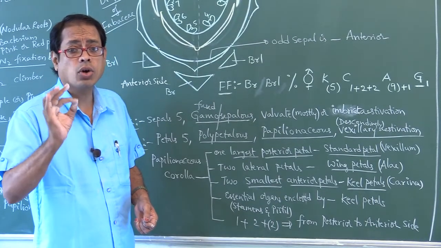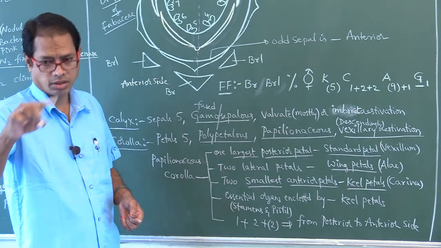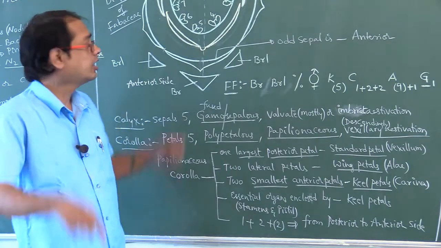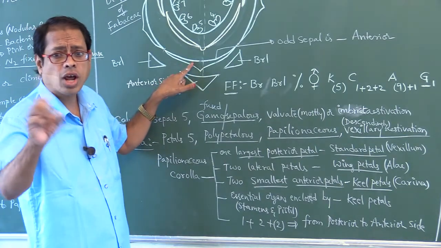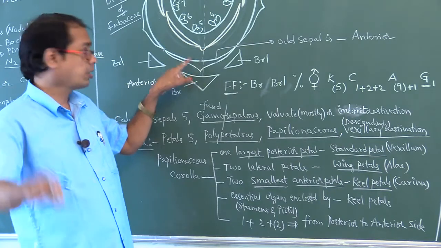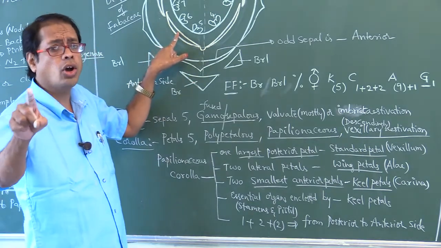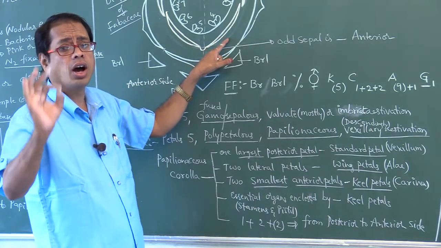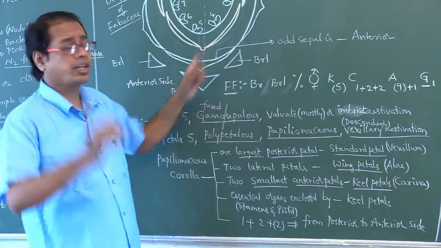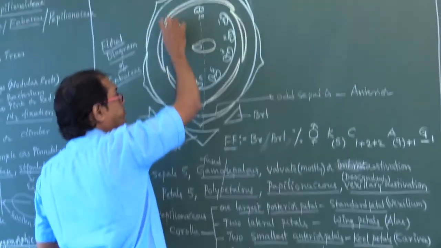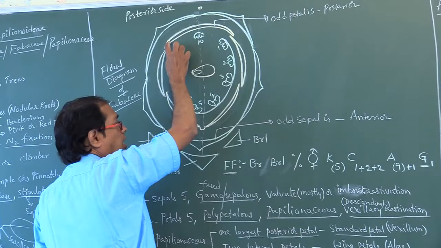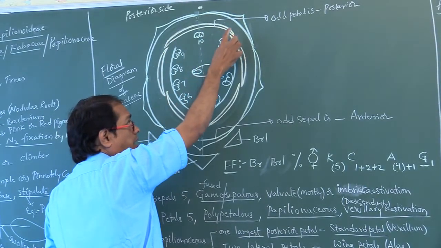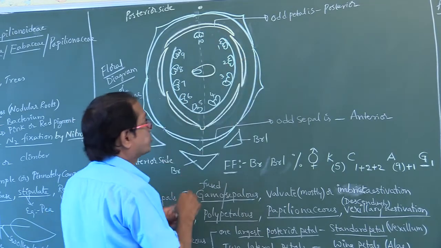In Fabaceae, the corolla shows vexillary aestivation. True. Fabaceae sepals show vexillary aestivation? False. These are the sepals, no? Sepals do not show vexillary aestivation. Only the petals show vexillary aestivation. What does it mean? Vexillary aestivation, or descendingly imbricate aestivation. So this is the standard petal. The standard petal is called vexillum, which is at the posterior side, and the standard petal encloses the wing petals.